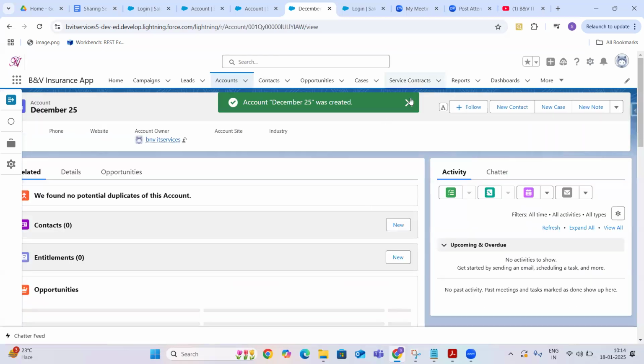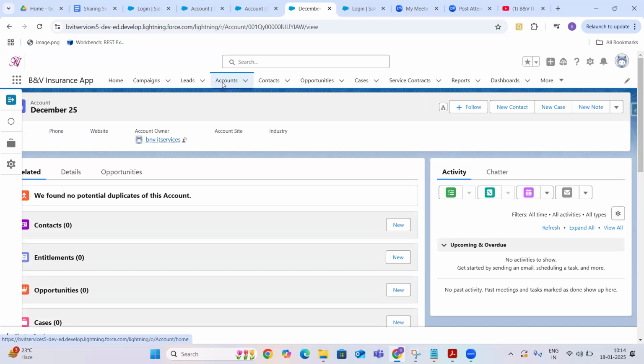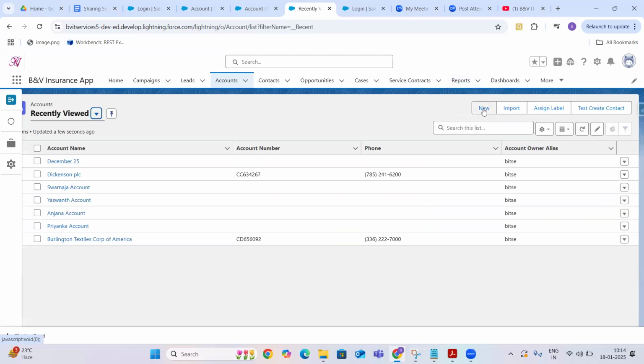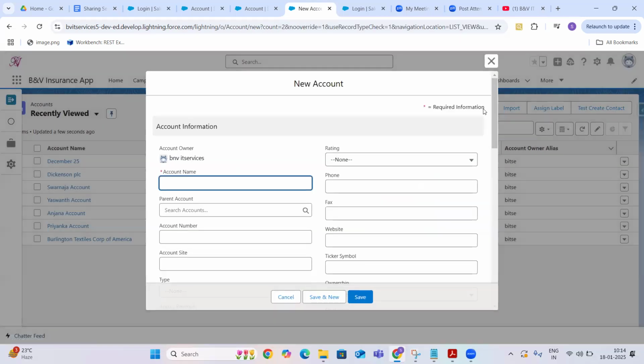It is creating the account. But I don't want to create accounts like that. I want to capture some particular data while creating the accounts. If the user doesn't fill the data, then it should not allow saving the record. For example, account name is one.